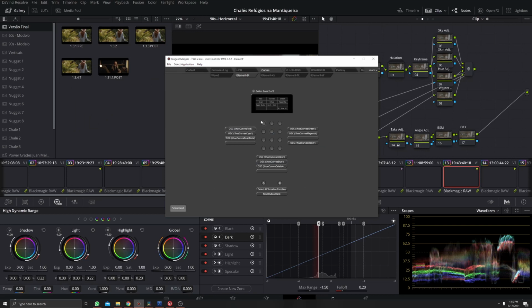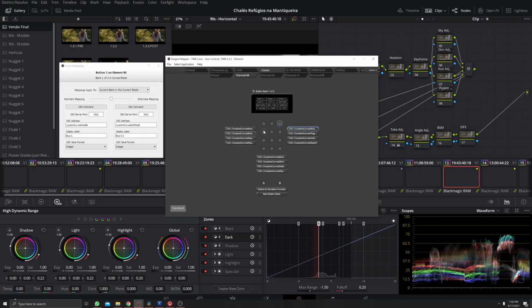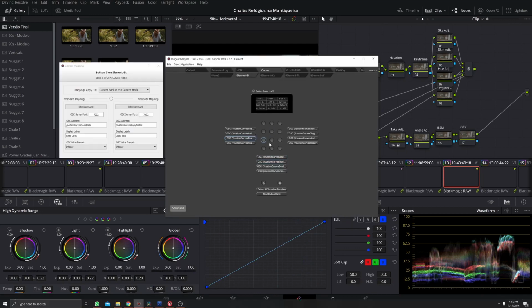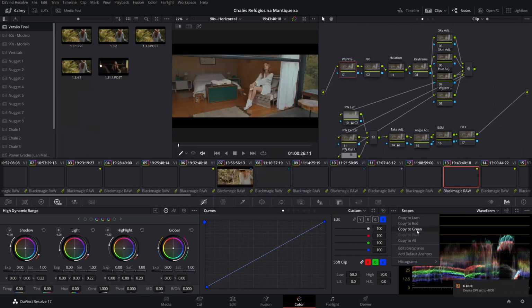But for the buttons, we have here the bank one with the red, green, blue, luminance, and all. So you can select what Kilston curve you will control here. You can read all dots, delete dot, add default dots, and reset curves, reset soft, and reset all the curves. Pressing alt, you have the red, green, blue, and all. So you're gonna select here, and you have the options to copy to red, to green, to blue, and etc. So you're gonna copy one curve to another using this menu here.